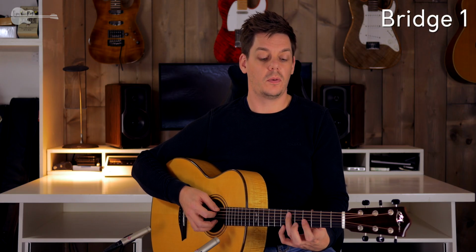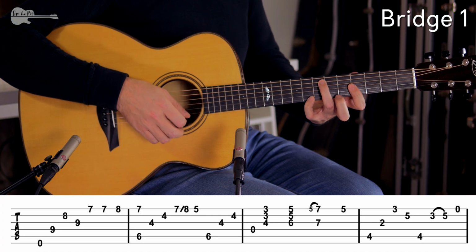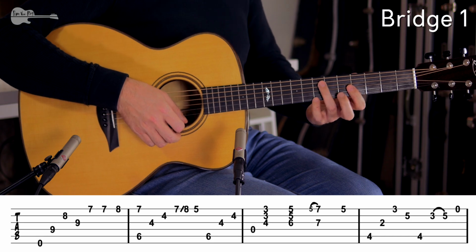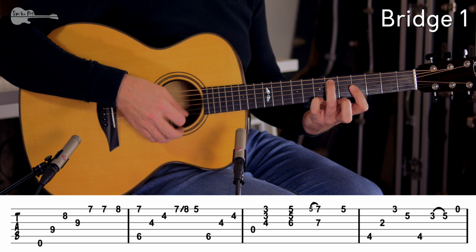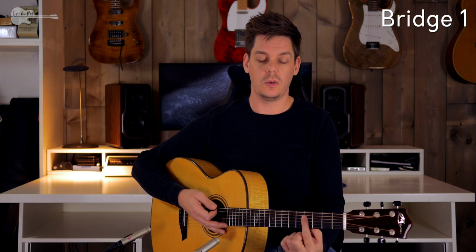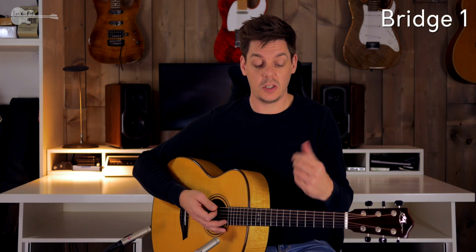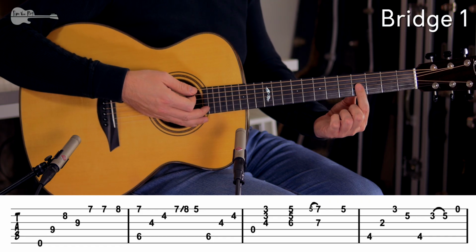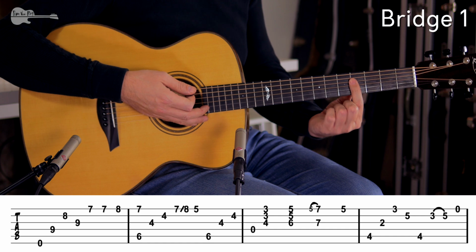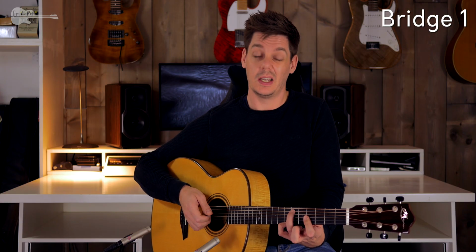This is already, for most people, a stretch on its own, and then really quickly moving up that pinky to the 8th fret for that embellishment. That isn't easy. What does help is you don't have to play the full bar at this time, and in my experience it really helps to make that bar as small as possible. So now you only need 3 strings instead of 4 strings,